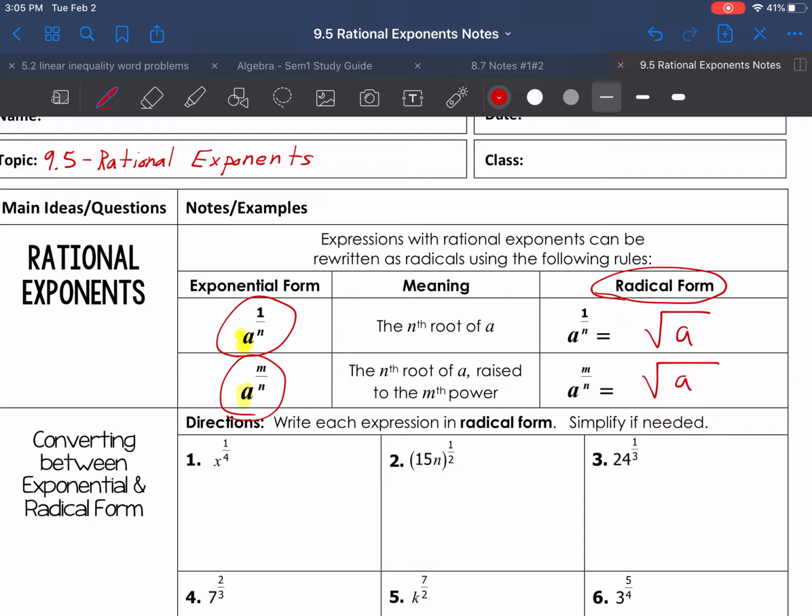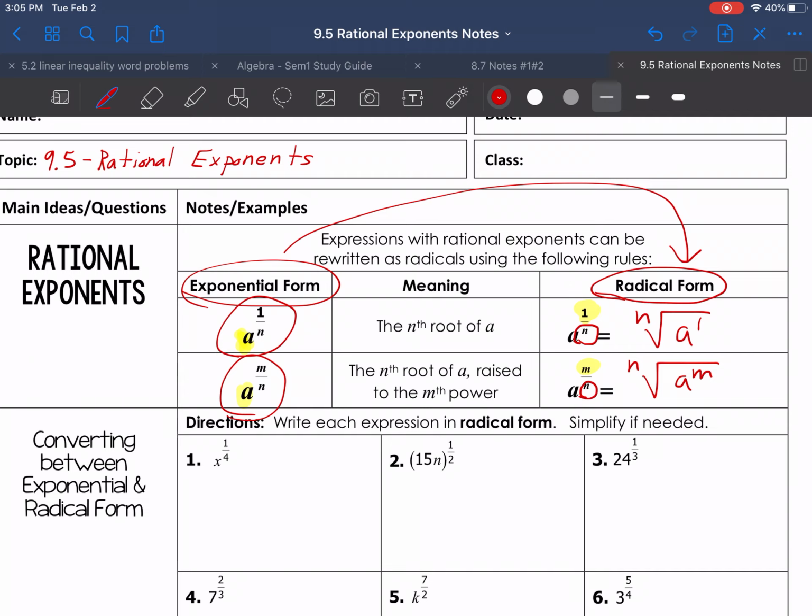Now the rule is whatever number is in your denominator can actually go as the root of the radical. So for example, like this n, see how it's your denominator of the fraction? It can go right here on your radical. And then this n is also a denominator, so it can go here. And then your numerator, which would be like this 1 on this example, or this m on this example, actually goes inside of the radical. So the 1 would go right here in example 1, and the m would go here in example 2. And so that's just converting from exponential form, which is here, all the way to radical form, which is here,